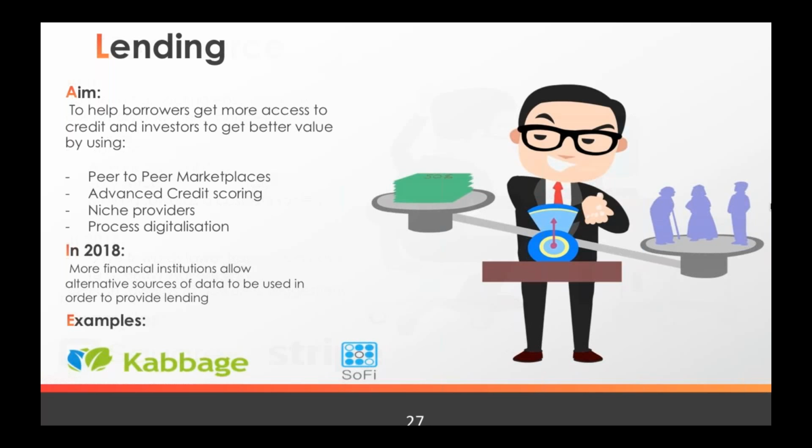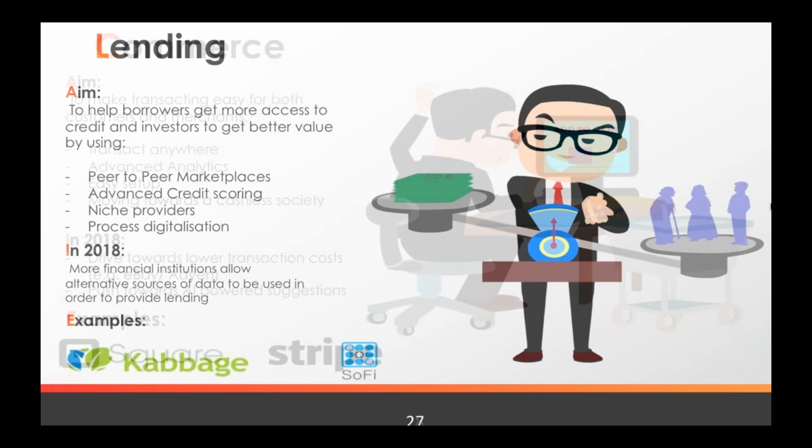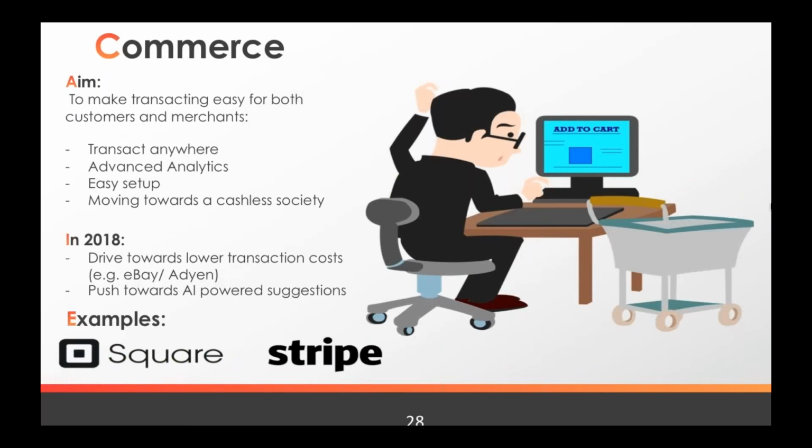One of them is Square. Some of you may know it. It's from the same founder as Twitter. What they have created is this little dongle which you can put on your iPhone, and you can accept payments with it. You can do a contactless payment, a pin and chip payment, and also a magnetic card payment. It enables markets and people who are on the move to quickly accept payments, and it's been really successful for the SME market. Square has actually become a public company.